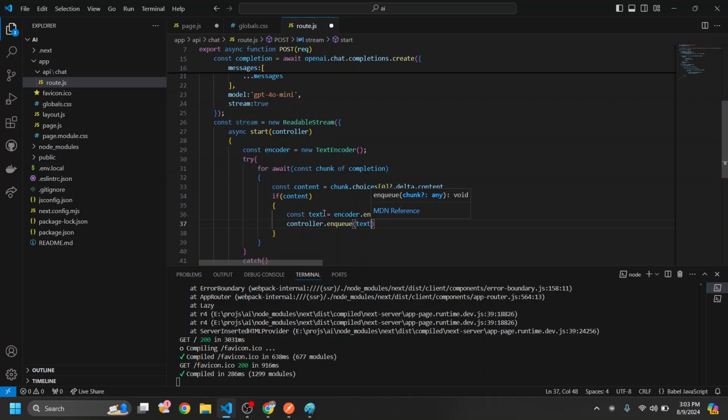As soon as we get the text content here, we will encode that content, store it in text, and append that text in the controller, to be made available for the stream. All right, controller.enqueue(text),